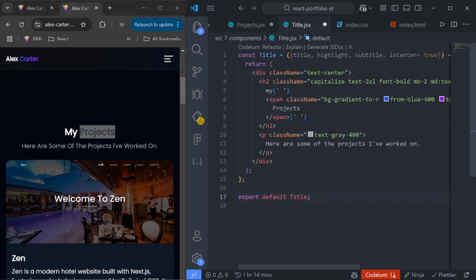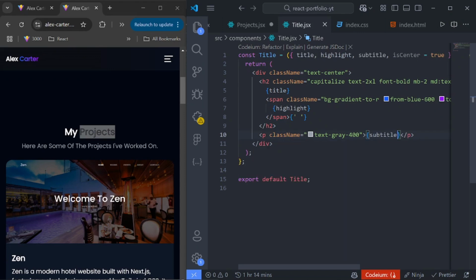Then we will need to just replace everything. So for this one now, pass in the title, and for this we'll pass in the highlights. For this we'll pass in the subtitle. Then as for this is centered, we'll bring it here by using backticks. It should be backticks, and we can see if it's center, which is true by default,